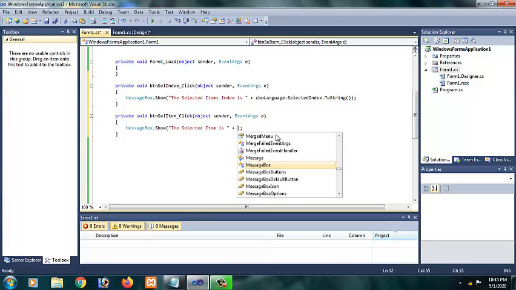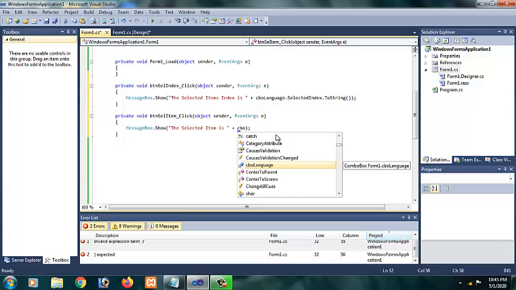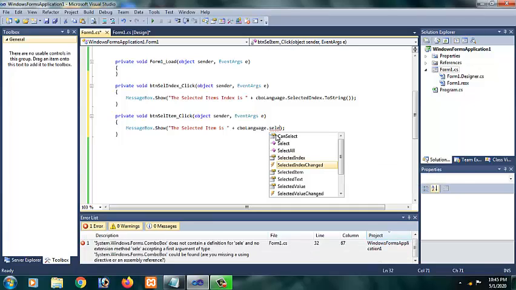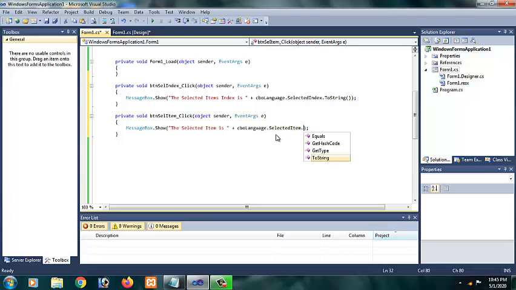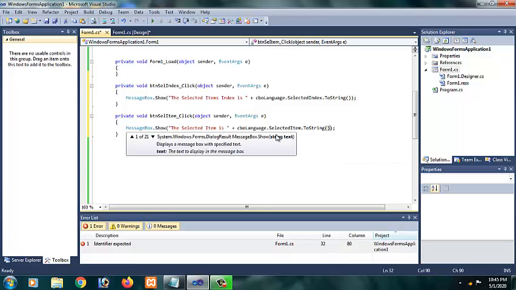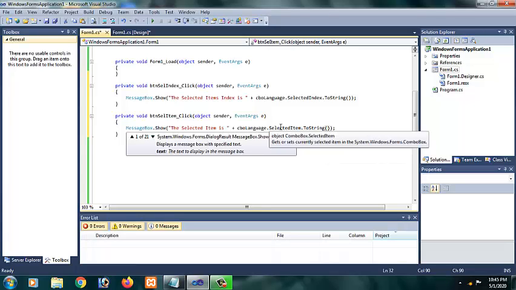To access this, it is again the combo box name dot SelectedItem, dot again. This returns a value in the form of object. So you have to convert that again to string to show in a message box. So call the method ToString of, which converts the item to string.